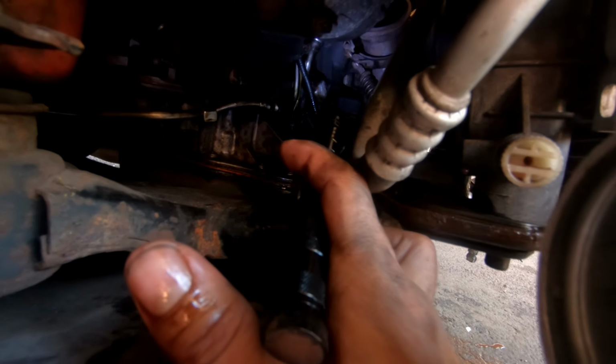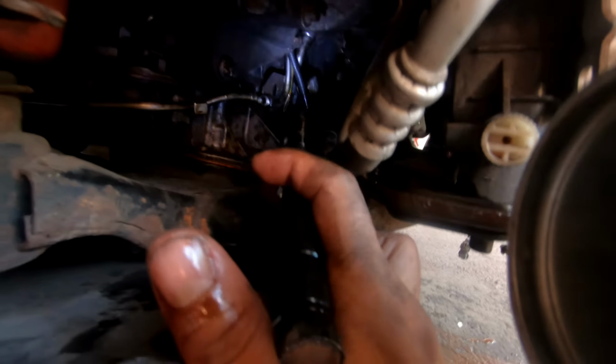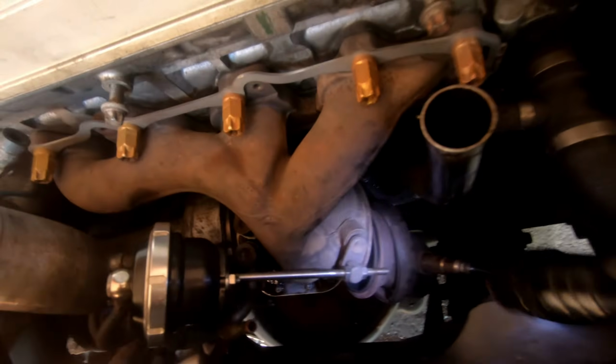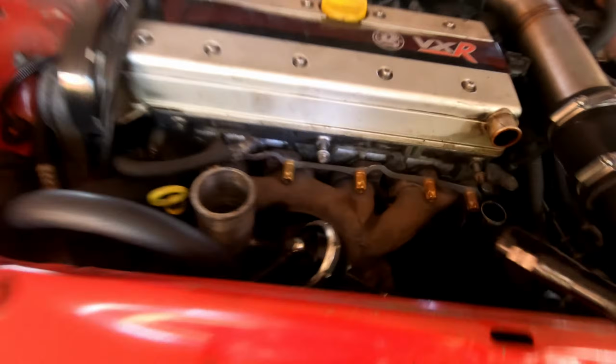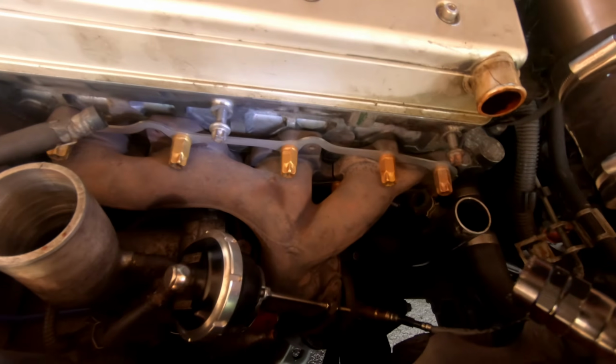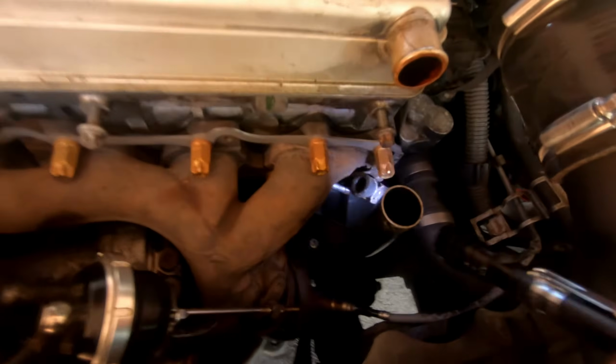All I've literally got left to do is do the drain. I've taken the downpipe off as well. So undo the drain, then I'll start cracking all these off the top. Then hopefully the lot should just lift out. If I remember rightly, a couple of these are a little bit of a bugger to get to, but